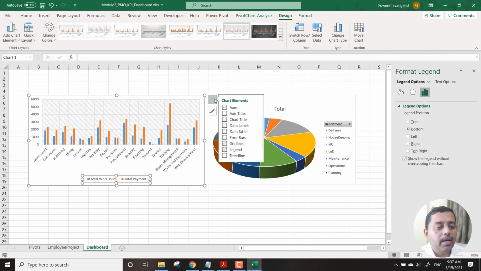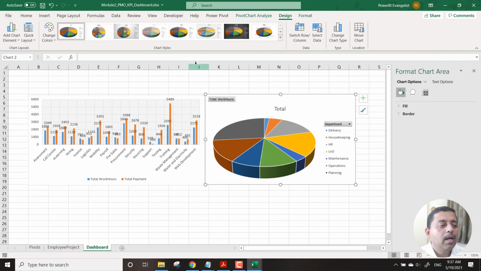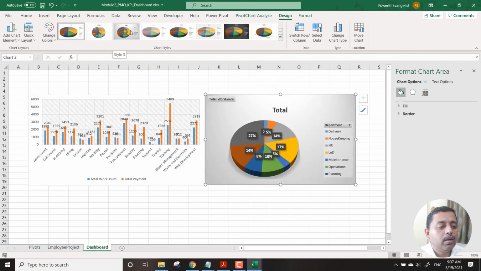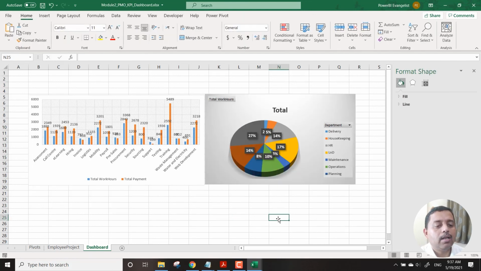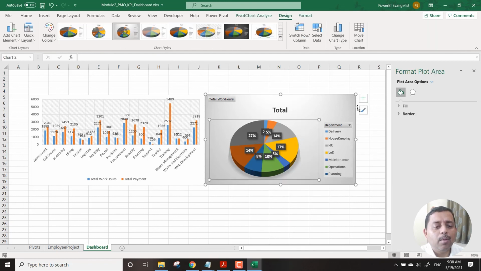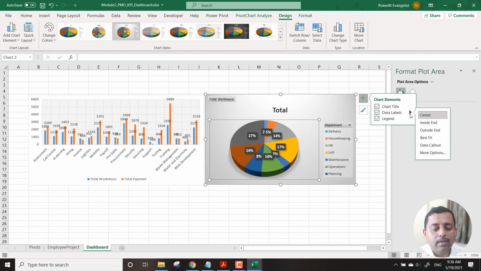We can put the data labels. So we have the data labels right now. And then we can go for this chart as well. There are many things that we can do with the data labels and the legends and all these details.